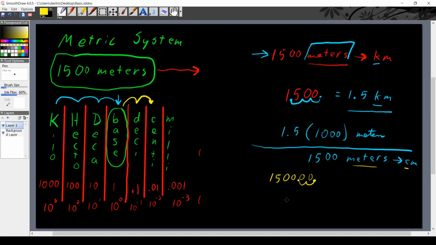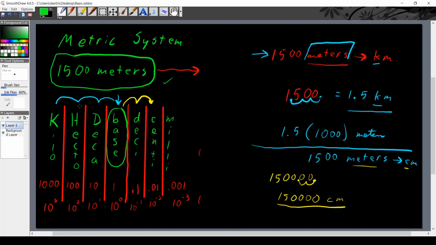Okay? And so at this point, then I'm going to say, okay, 150, let me see if that's, yeah, sure enough, got the correct number of zeros, and that is 150,000 centimeters. Okay? So what I want to point out is if we start with one value, 1,500 meters, if we